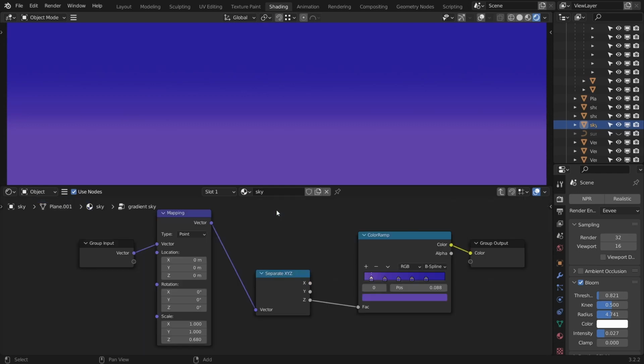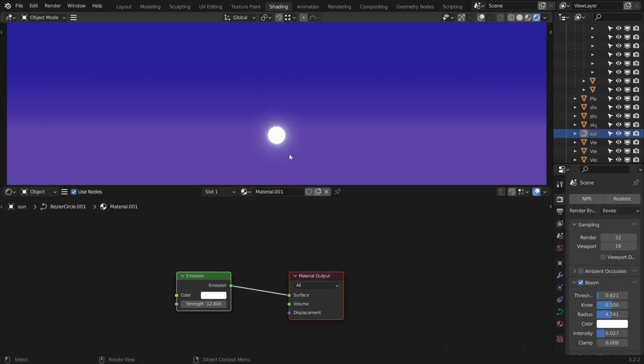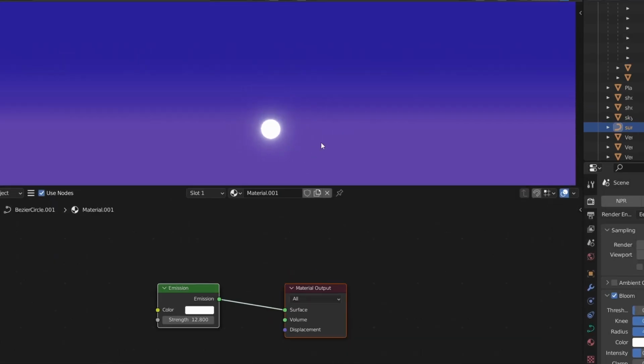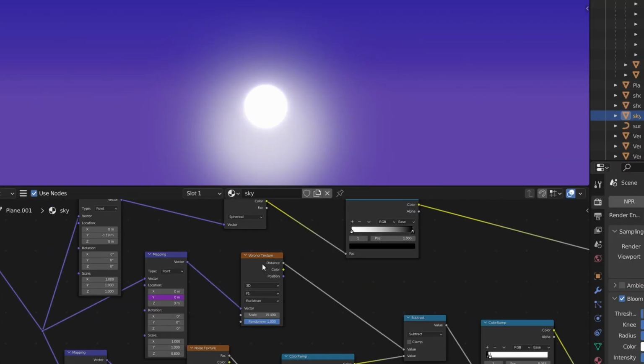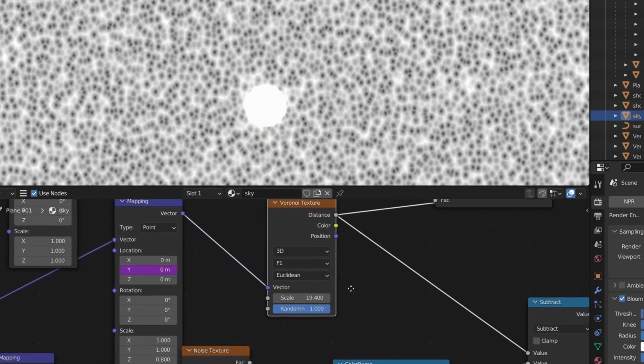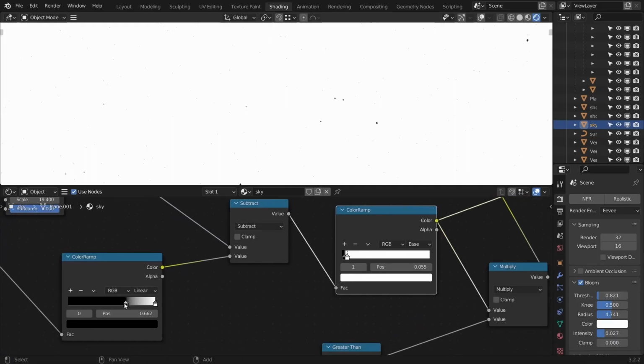Let's start with the sky. I used the gradient, and to make the sun look not so out of place, I mixed it with a spherical gradient. Much better. I added stars using a Euclidean Voronoi texture, subtracted it with a noise to make it